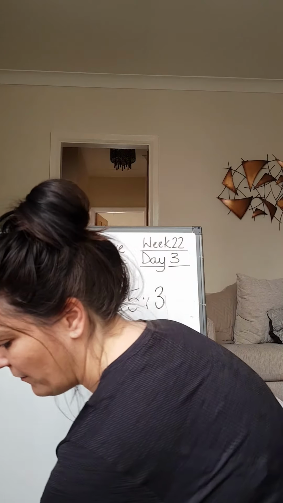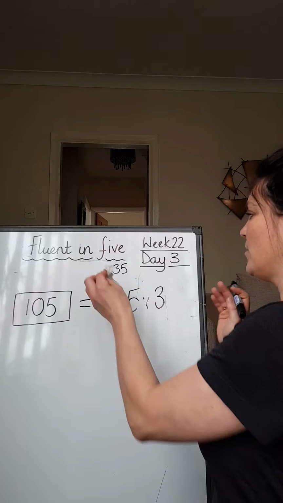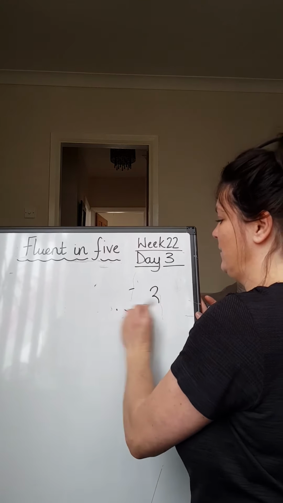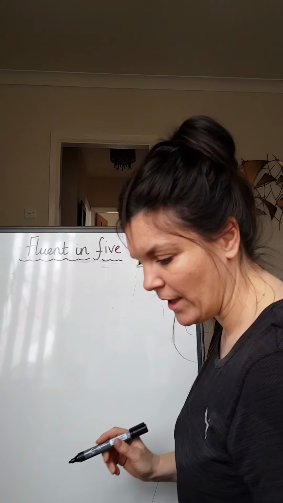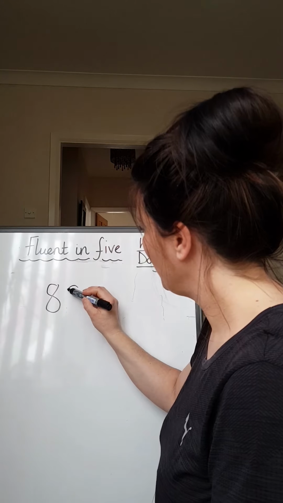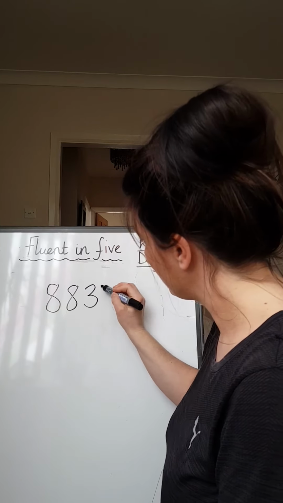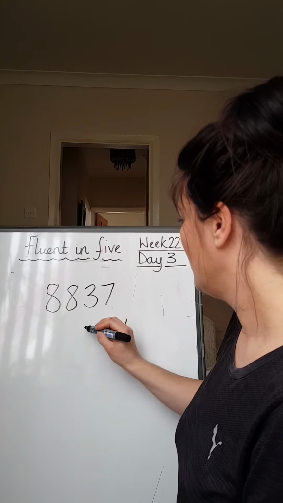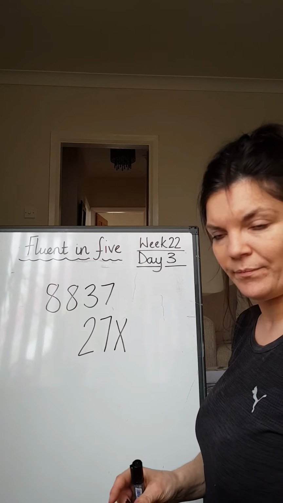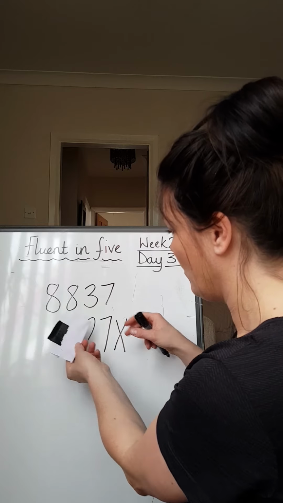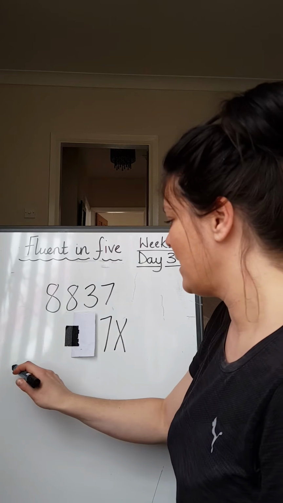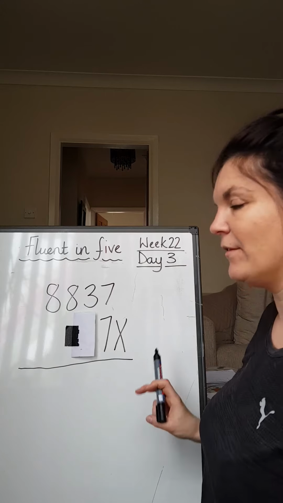Right, question number 4. This is the long one. This is the 2 marker. 2 marks because you've got loads of work to do. Well, not that much really. Okay, I've got my trusty post-it note ready. 8,837 times 27. Okay, which number don't I need straight away? Well, I don't need this 2 here, so I'm just going to cover it over. I'm just going to times this number by 7 and get my first line of calculations.